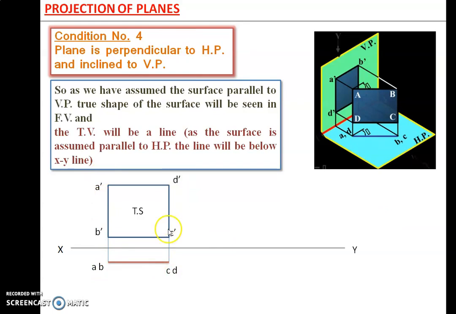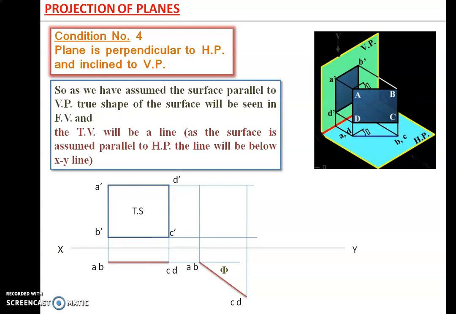So mark the points. Now next step, extend it towards right, mark the point AB, incline the line by given angle, that is phi, project. So first I will show it that how the inclination will be done. So this is phi. AB and CD same length will be here. Now project these points in the front view.